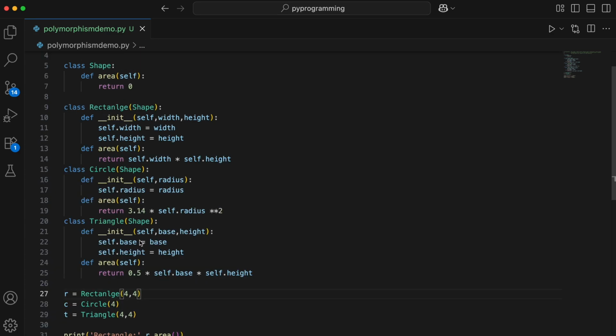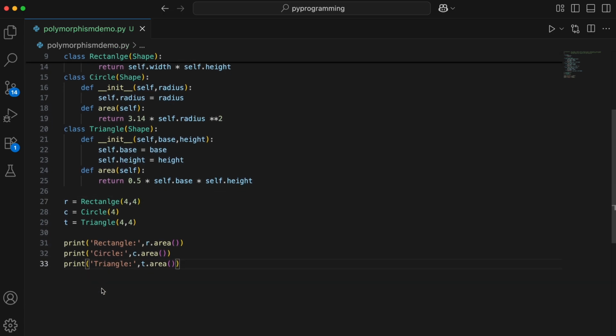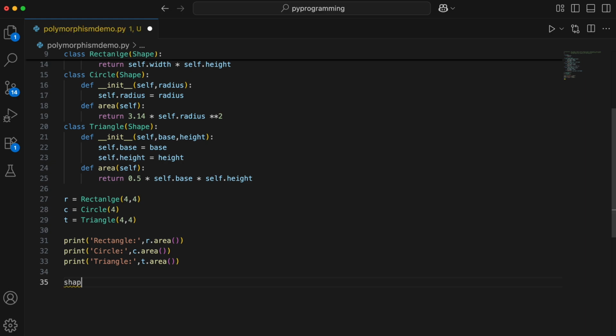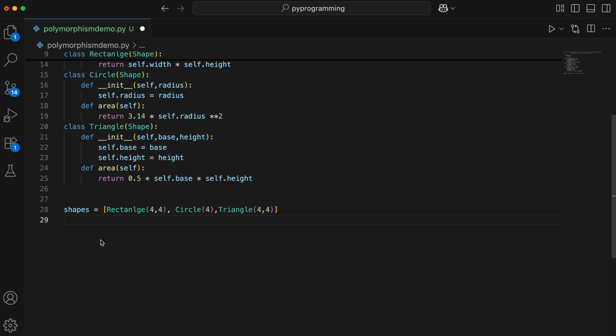And these are all shapes, right? So every object that we have here, they all are shapes and they all have area, right? So let's just go ahead and create a collection by name shapes. I'll remove this later on. So I'll just create a collection shapes and in this list I can directly pass these values. So I'll just pass rectangle and then we'll pass circle and triangle as well. Let's remove this now. Now we can loop over shapes and print the respective areas.